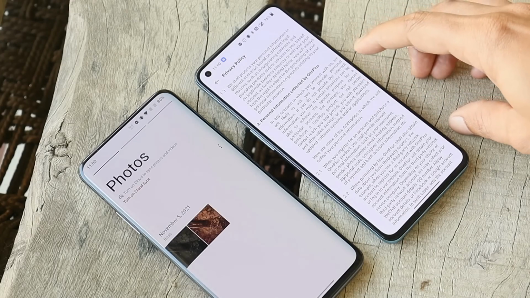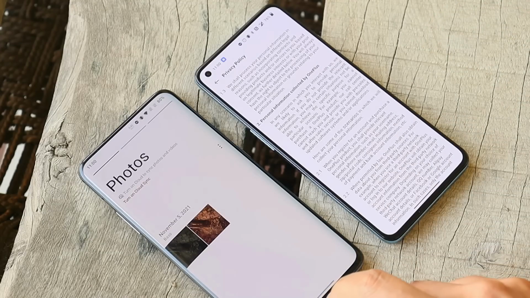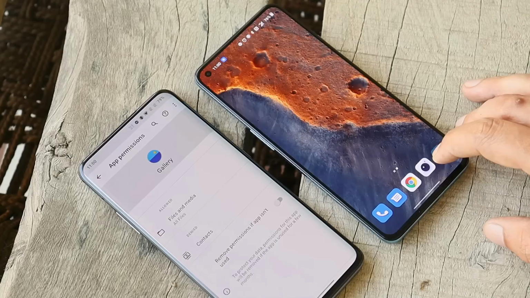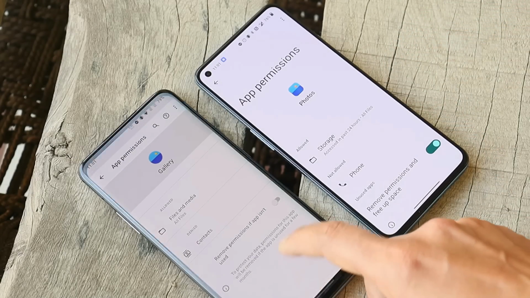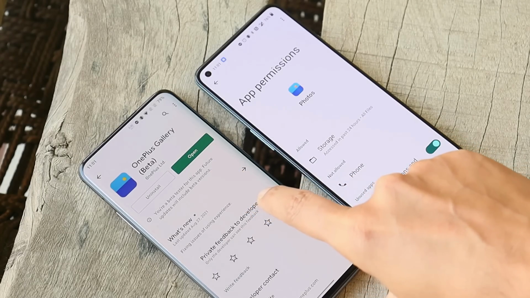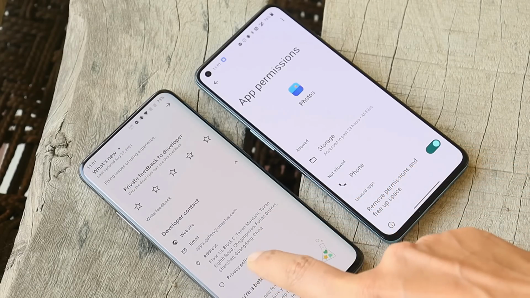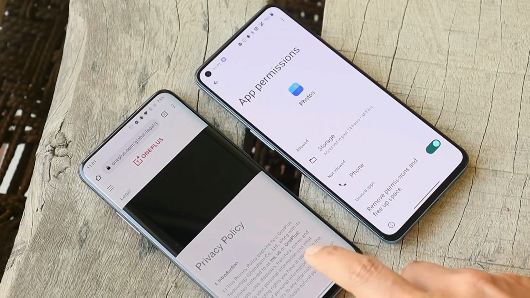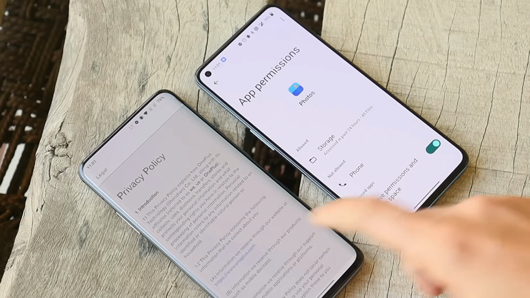So this is the privacy policy pop-up which pops up whenever we open the application. But that's not the case on OxygenOS 11. Let me show you the permissions which the gallery application is accessing on both the OS, and here you can see it only shows the storage permissions. But if you go to the Play Store, as you can see here, I've opened up the OnePlus Gallery app in the Play Store. Scrolling down, open this developer contact section and here just tap on this privacy policy. This will redirect to the official forum of OnePlus, which also has the same privacy policies which are being mentioned